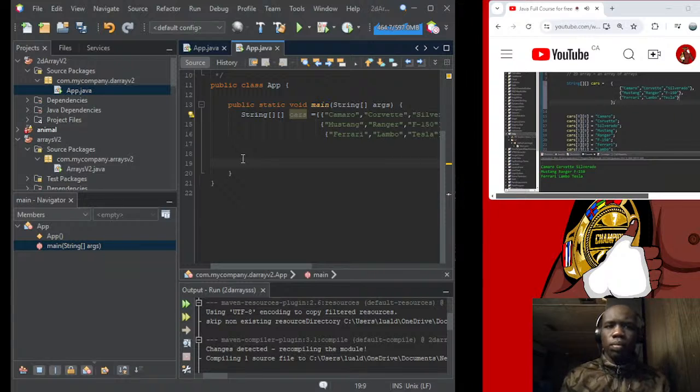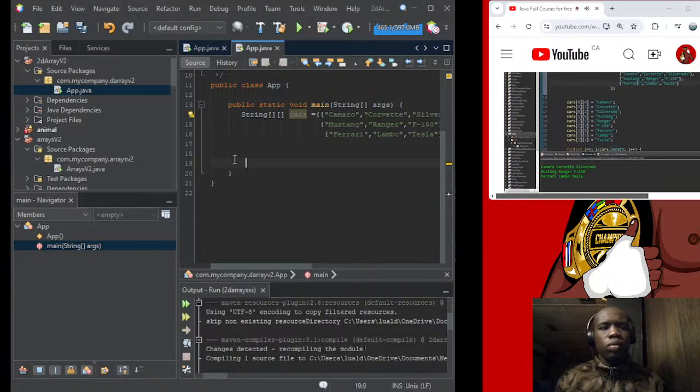Okay, so this is our 2D array of cars that we have. And you can see that it will work much the same even if I remove